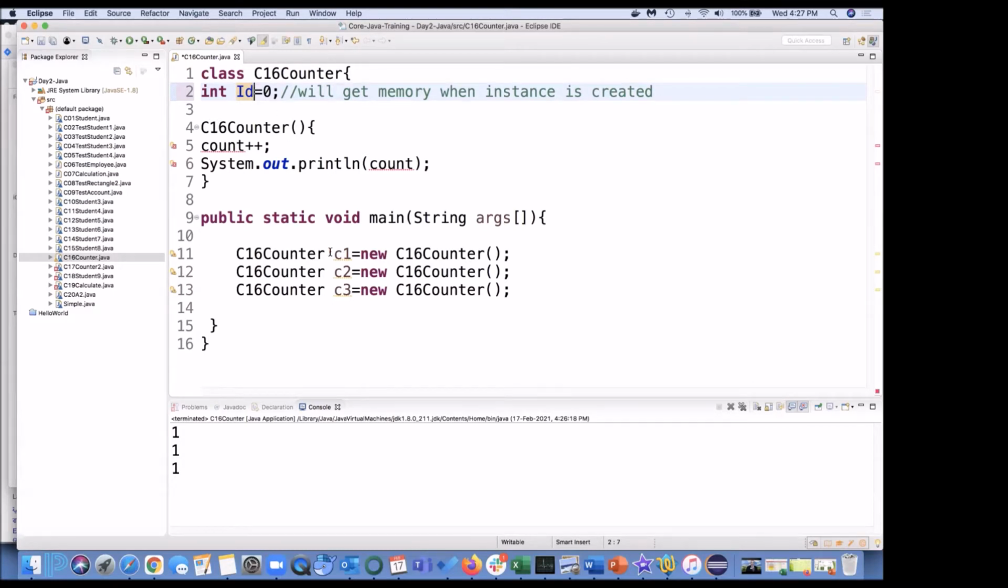So corresponding to C1, this is not a static variable. Suppose if it is a static variable, then the story might be a little different. But all those variables inside a class are non-static variables, if static is not explicitly defined there. So corresponding to C1, when it is going to execute, let us try to